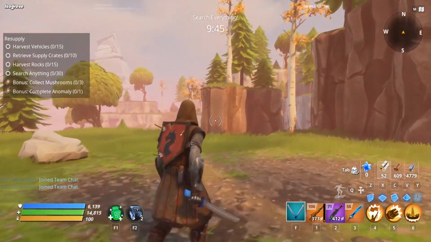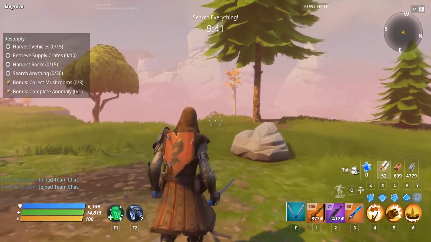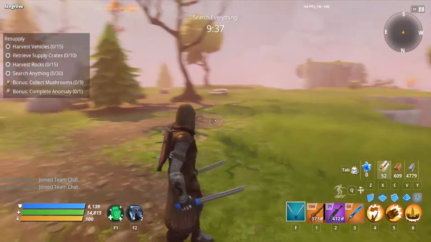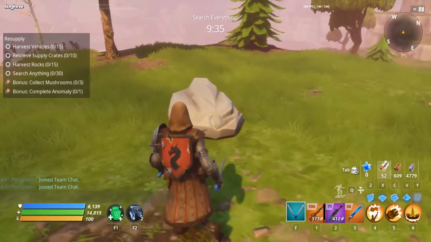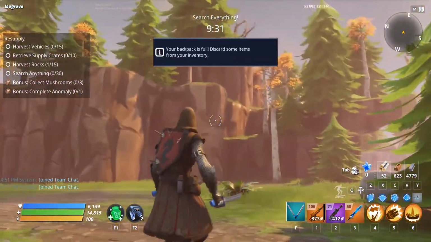As you can see on the top left, it says resupply: harvest 15 vehicles, retrieve 10 supply crates, harvest 15 rocks, and search 30 things. Literally anything. So obviously we all know what rocks are, but I want to go over the basic mechanics of